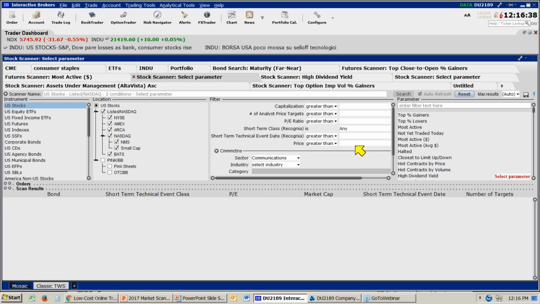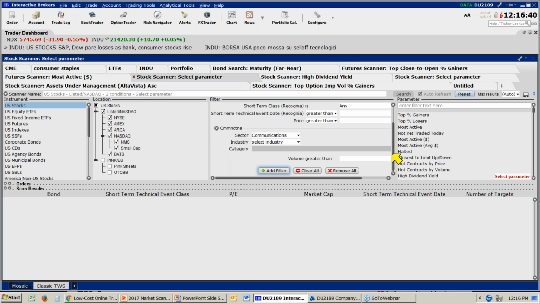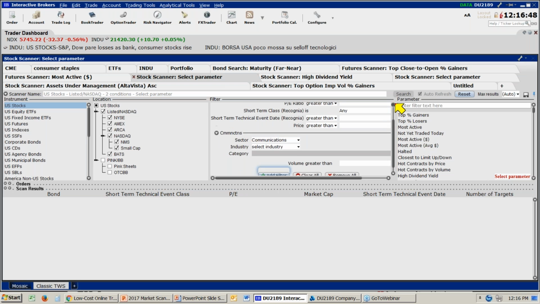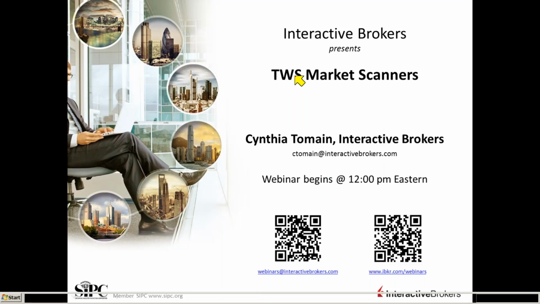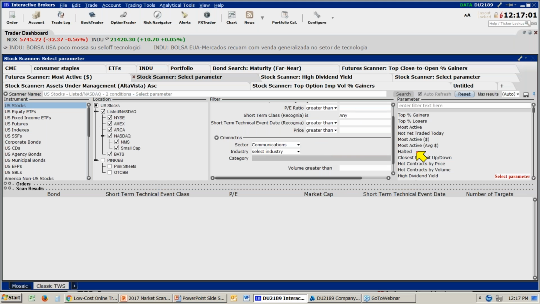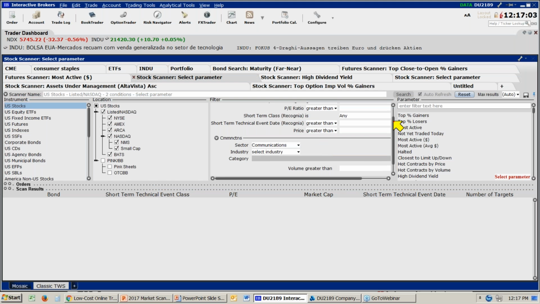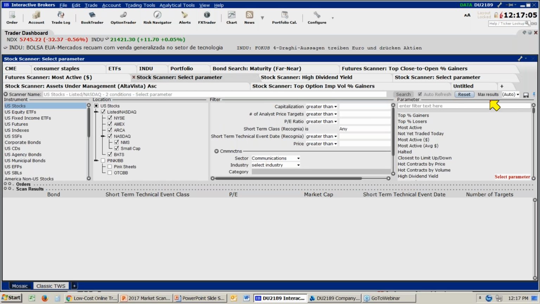Once I've made that selection, notice here everything that you've used for that scanner will appear down below. So notice here it is showing you those Recognia criteria as well. Okay, once you have set that criteria, and by the way, you can always come back and edit this information. Oh, I didn't mean to do that, my apologies. What I'm going to do is move over to the right-hand side. Now, as we're creating all of this different criteria here,